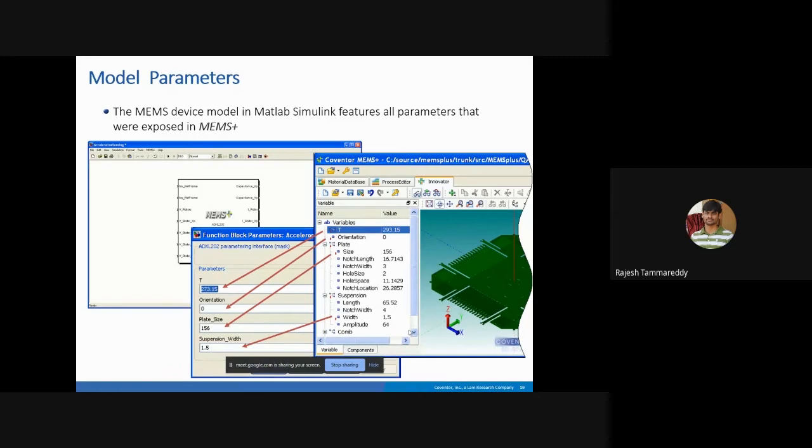Each variable has a small letter E, which means these variables are exposed. Once exposed, these variables are available directly in third-party integration software like MATLAB or Cadence. If I double-click on the block, I can see those same parameters available in the Simulink environment. If I want to change the plate size or suspension width, I can change it directly there, without coming back to MEMS Plus.